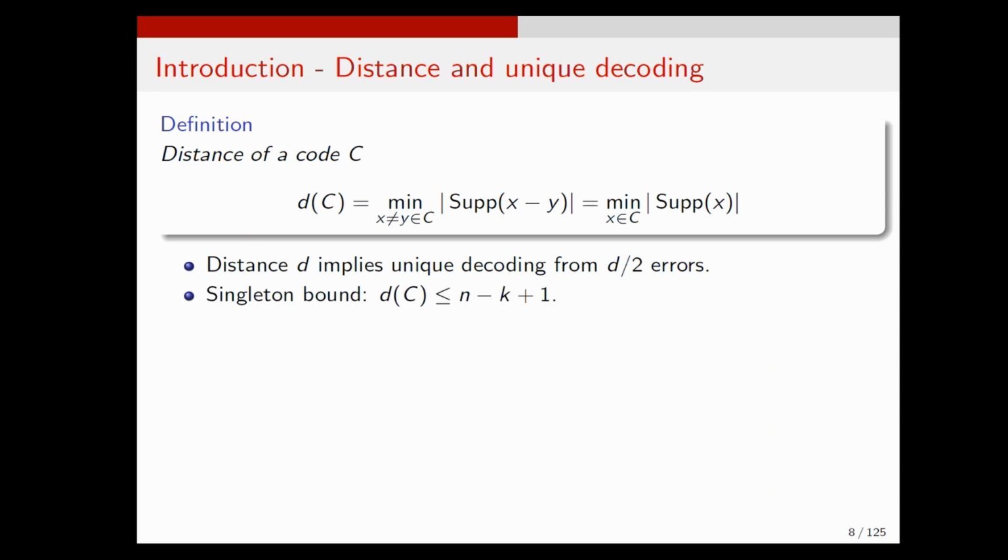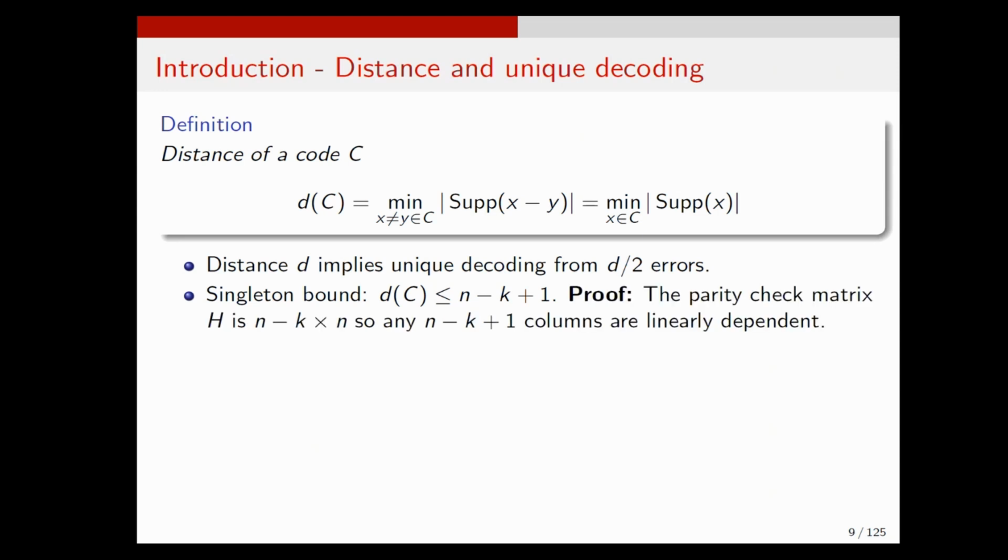And so, okay, given an n comma k code, what's the best possible distance we can achieve? That's given by the singleton bound, which is n minus k plus 1. So if you have an n comma k code, you can never exceed the distance n minus k plus 1. There are several proofs of this. This is really a combinatorial fact which holds for non-linear codes, but here is a proof just for